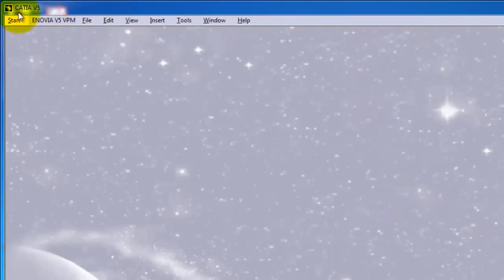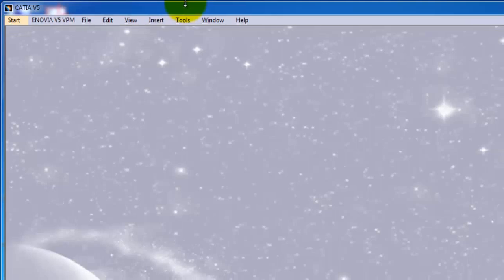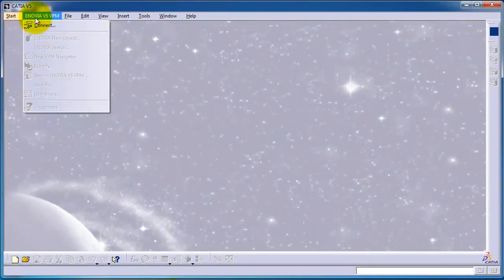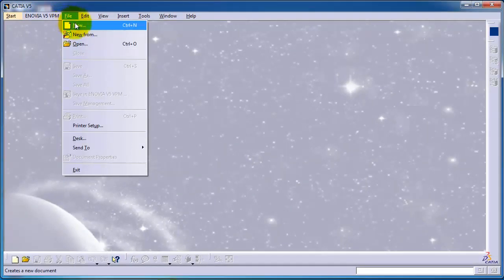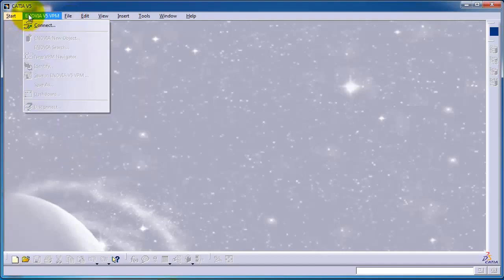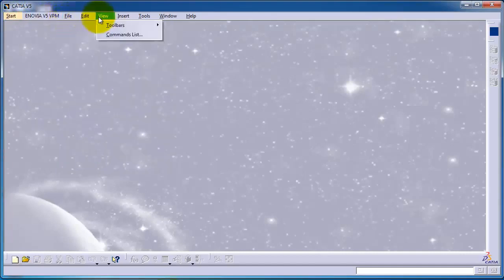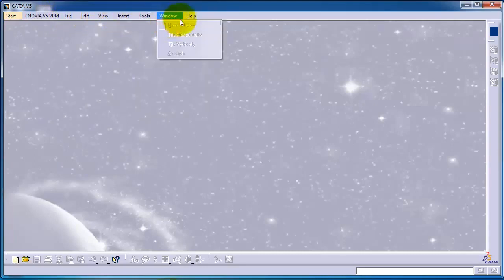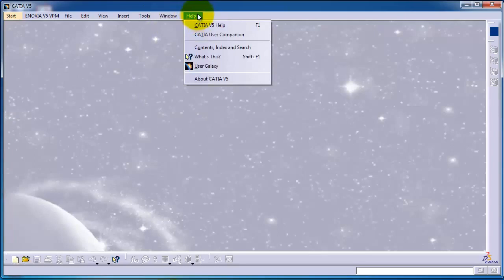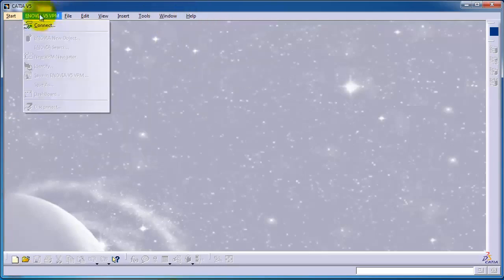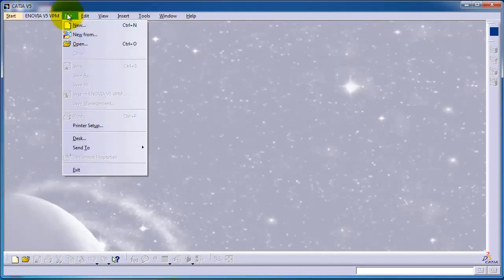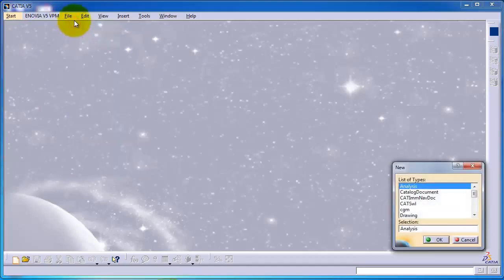So now I am starting Catia, and here is the starting interface, and this is the interface. You can see start, version 5, file, edit, view, insert, tools, window, help. So now let's go to the file and make new,